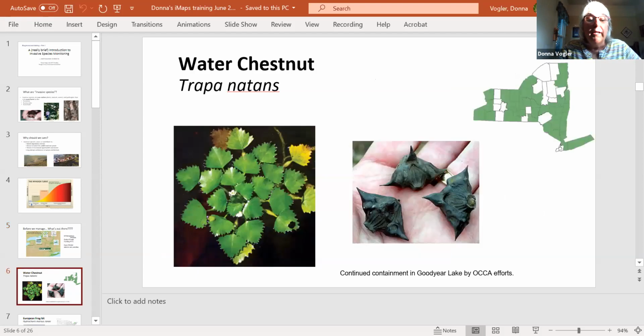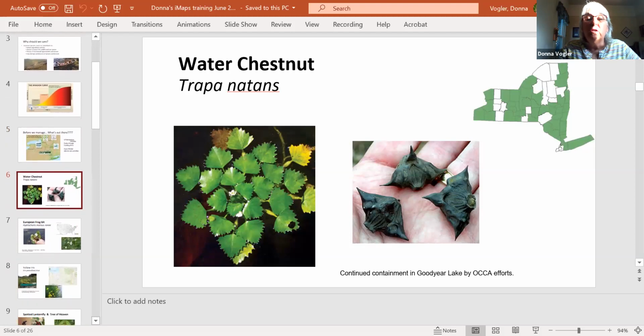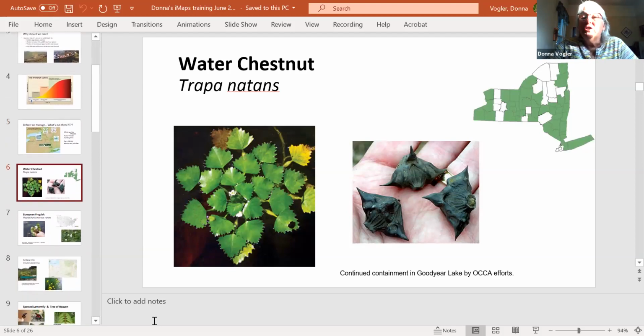So here's the quickie guide to 4 major invasives to look for. I want to bring up water chestnut, both because it is already, as you can see from the map there, fairly widespread. But this is one that we hope to move from rapidly spreading and push it down towards containment. I'm going to call Jeff back in to give a little bit of the history of the management of water chestnut in Goodyear Lake. But I consider it a real regional success story.